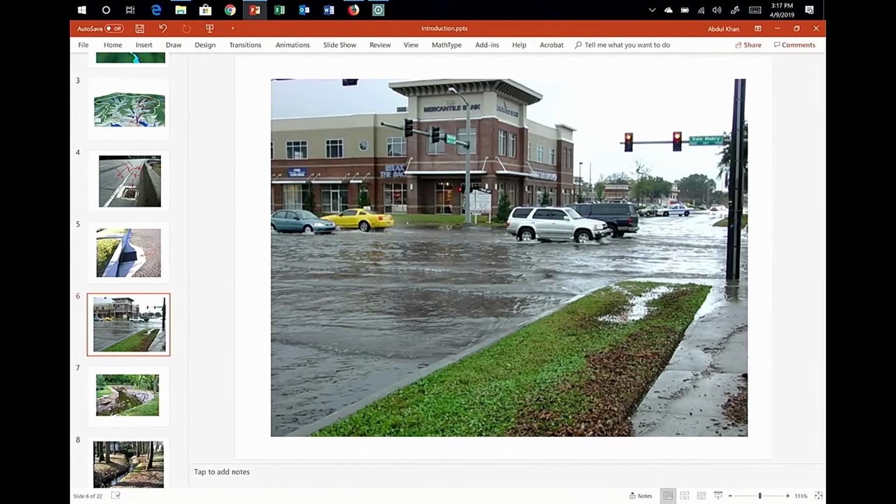So let's say every drainage system is designed for some return period or frequency, let's say for a 20-year flood or for a 50-year flood. But if you get a rainfall event or a storm event that dumps rain bigger than your design return period, then obviously your drainage system is going to overflow because it doesn't have the capacity to remove that amount of runoff. And a lot of people think that, oh, they did not design it well. No, that's not the point. And we will see this throughout this course,